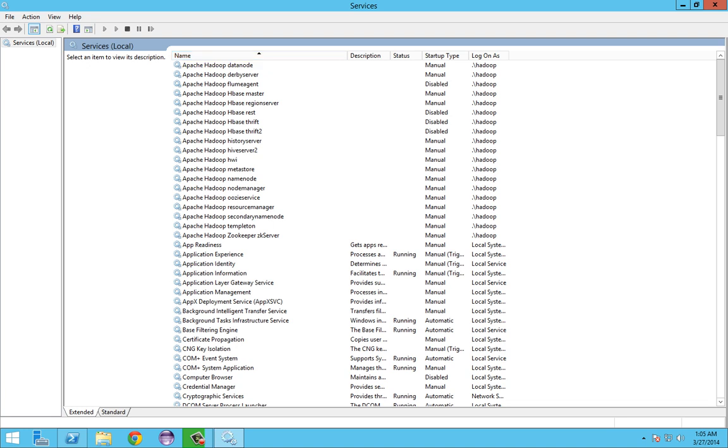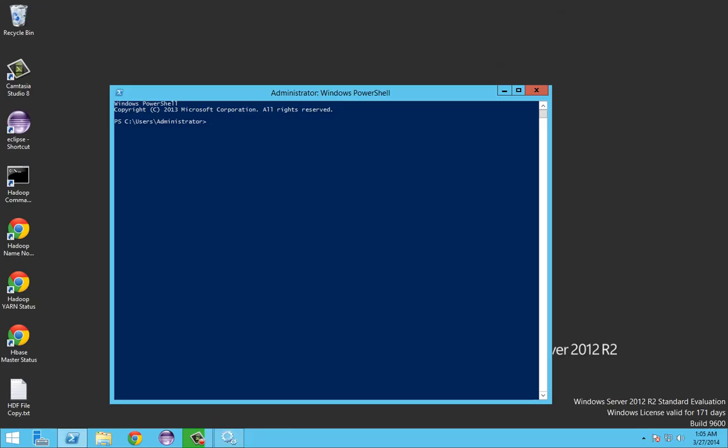The Hadoop installer, and all are started type is manual. And now I'm going to start that using a PowerShell. To do that, first I have to change directory to Hadoop installed path. HDP is the installed path of my VM,